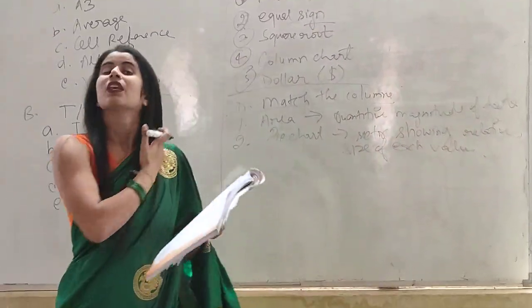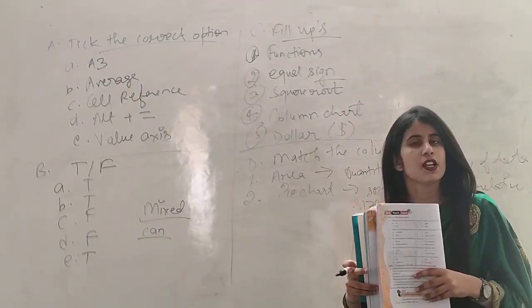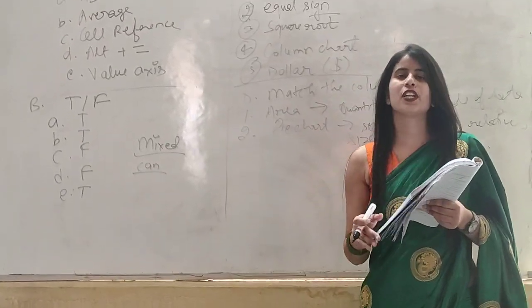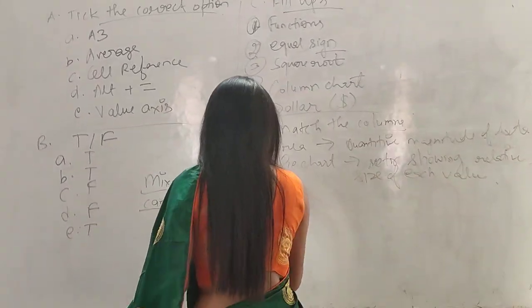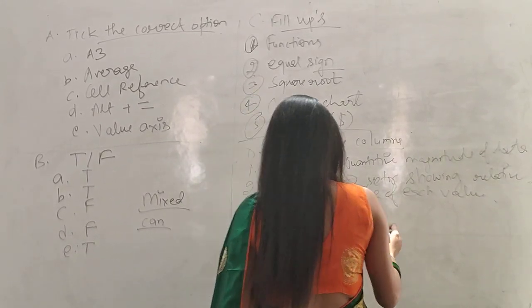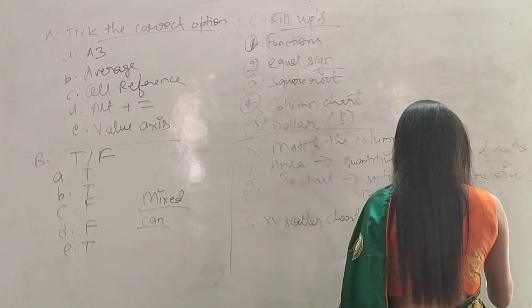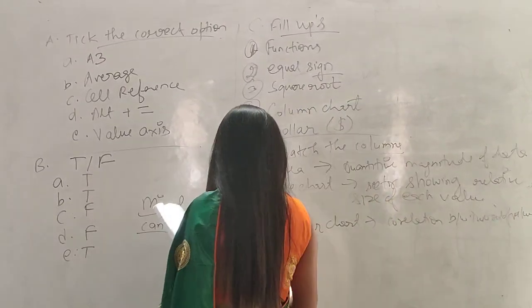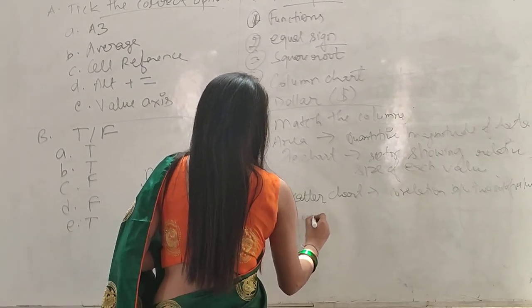Okay. The next one is XY scatter plot chart. Mainly, its definition is the correlation between two sets of values. So we have to match the XY scatter chart with the correlation between two sets of values. Okay, the marker is not visible, but I am speaking the answers also, so there should not be any kind of confusion.